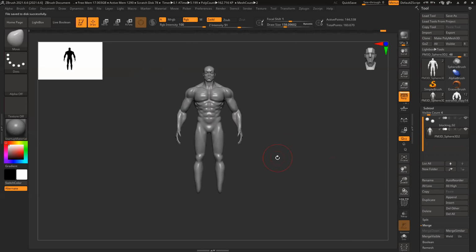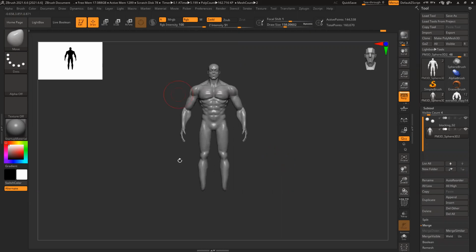So block out your model like this, and as you can see, I'm using only spheres and these things only. So similarly, block out. Once your basic block out and proportion is set, after that we start refining shapes. And detailing is the final stage. Once the entire blocking shape is ready, then we'll start adding details. So block out everything, and slowly, one by one, you can add all the details and set the proportion, and then we'll create everything.